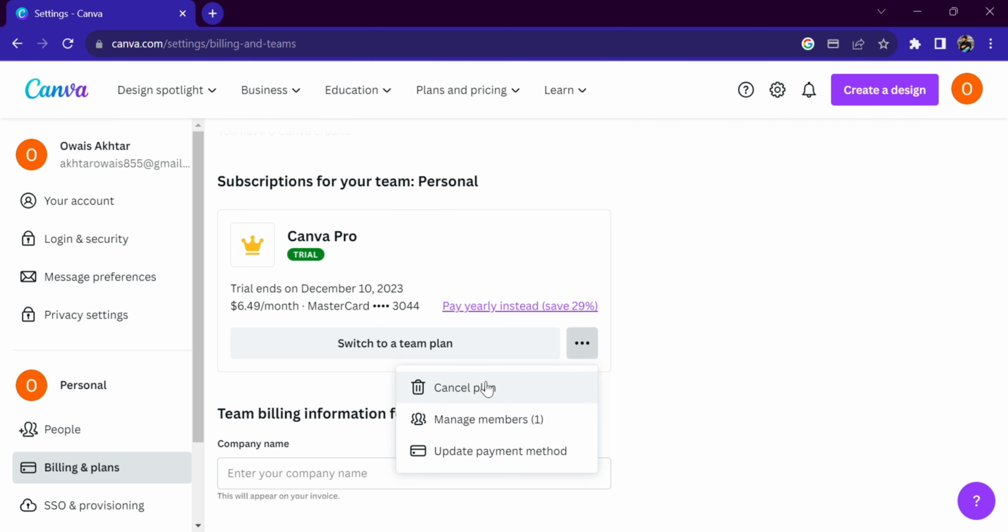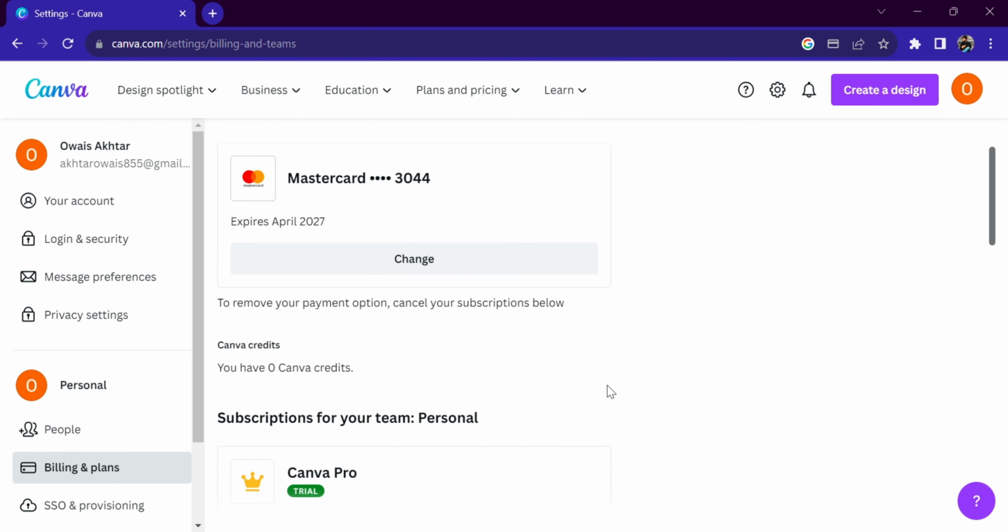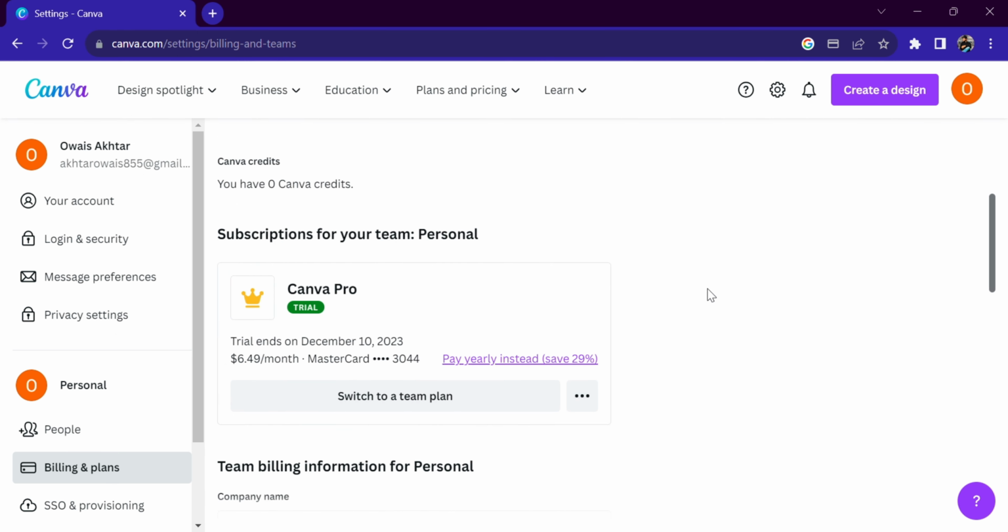When you cancel the plan, they would know that you are not ready for Canva Pro for another month, which would charge you $6. So this is a simple method to save your money before they renew automatically, because otherwise they renew automatically, and you could lose your $6, which you don't want, because we are making a free account. So after you cancel this plan,